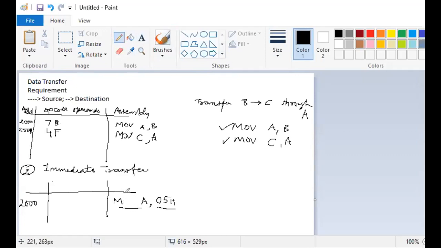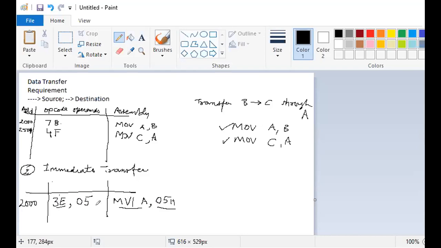The instruction is MVI, move immediate a byte into register A. So its code is 3E. So the code for MVI A is 3E, and the data is 05. So it is a 2 byte instruction. 1 byte, that is 3E, is stored at 2000, and at 2001 the data 05 will be stored.